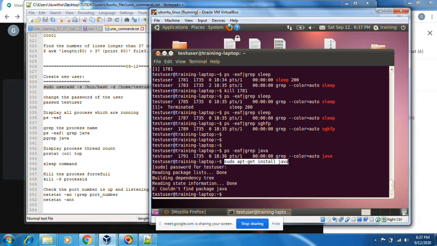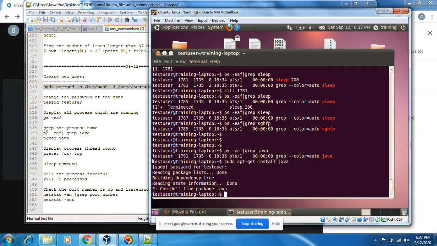We'll see this one later, how to install applications. This will install directly from the internet. If you want to download any Java module, you can install it with sudo apt-get install Java. You need to put the installable there. We'll discuss this installation process later.